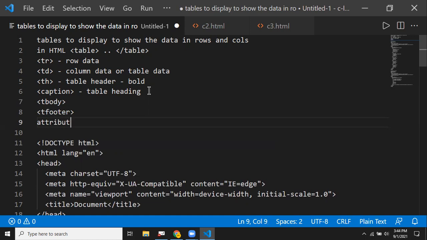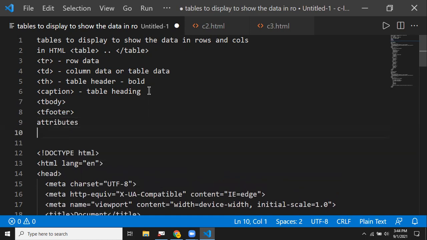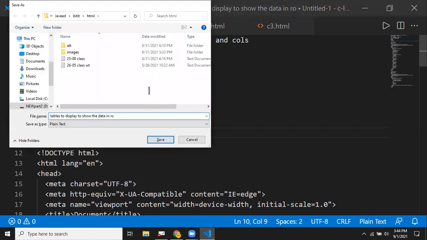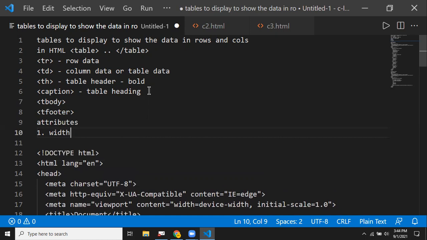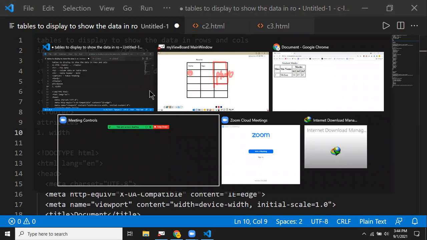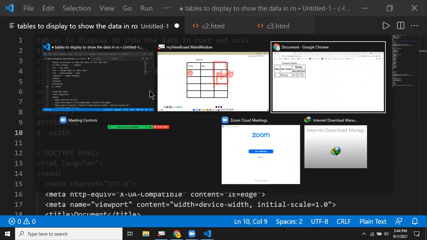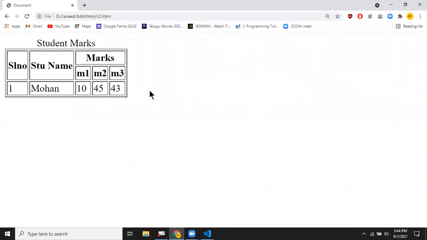One of the attributes that I'm going to have is called width. So what does this attribute called width mean? Width is an attribute that specifies the width of the columns and the table width. For example, if you look at the design we have done, the table is somewhere on the left for me. It's not occupying the complete page. I want it to occupy the complete page.